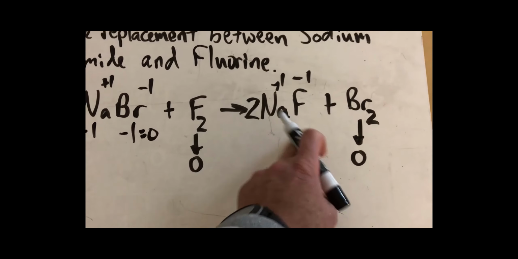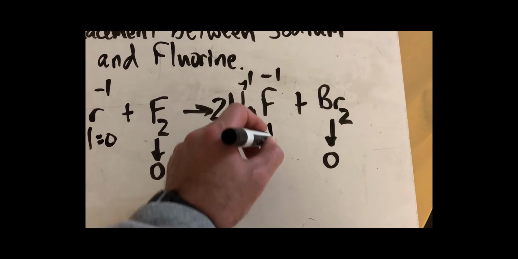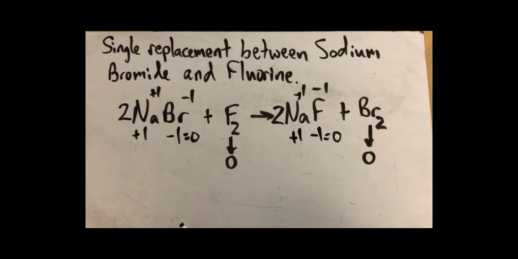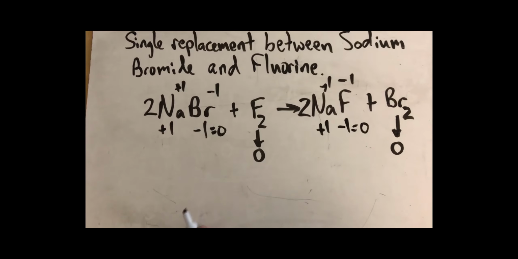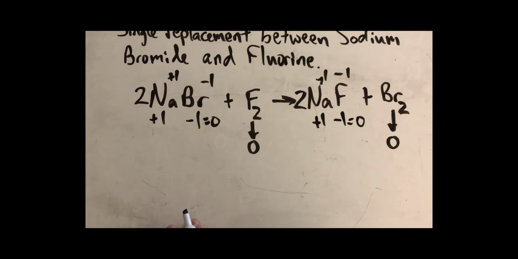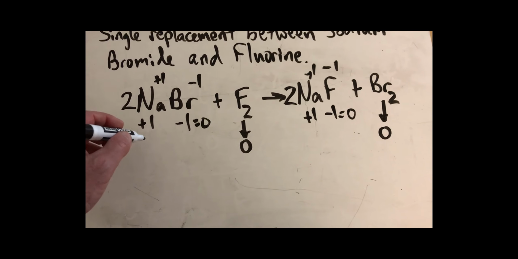There's no little numbers here either. So sodium is a +1, fluorine is a -1 and that is equal to 0. So those rules are good. So now I need to dissect what is going on here. Okay, so I'm going to take a look at this, and if we take a look at